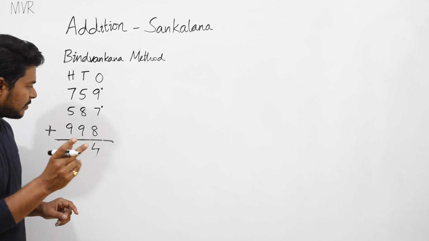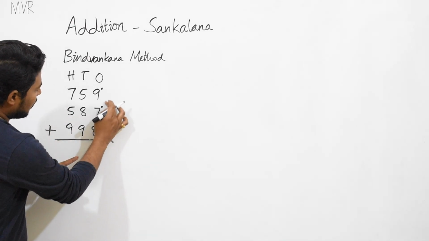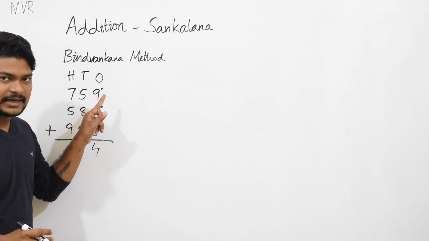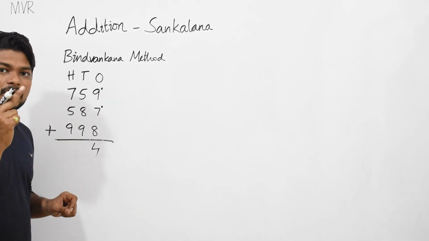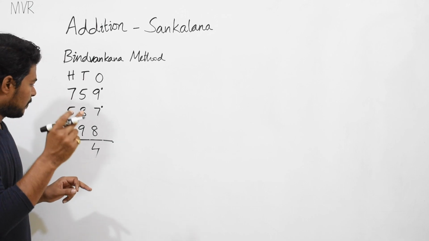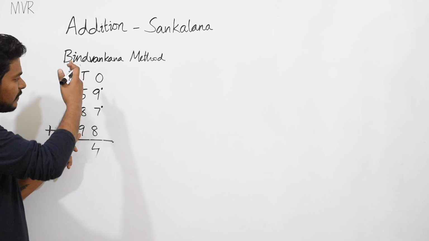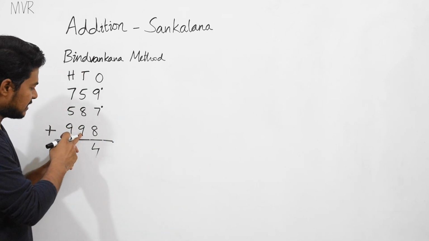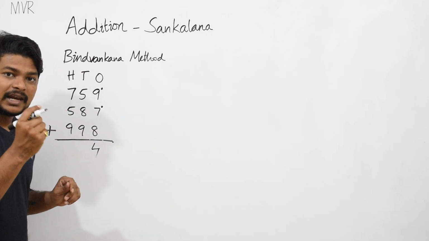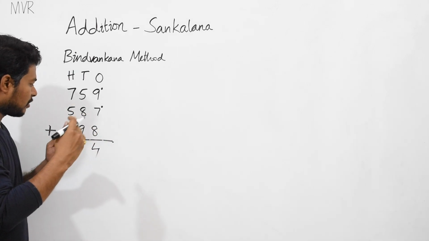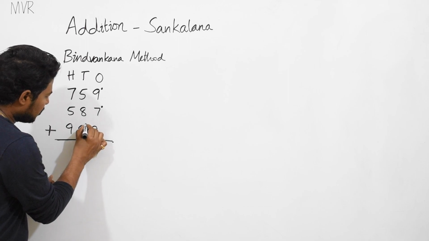Now what is the second step is, you count how many number of dots here. Here it is 1 dot, here it is 2 dots, right? Now the 2 dots count as 2, 2 plus you need to add this. Now ones part we completed, we came to tens part. The 2 plus 9. 2 plus 9 how much? 11. 11, there also it is crossing the 10. So for crossing the 10 you need to put dot.